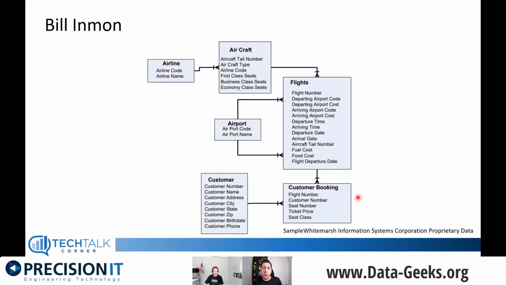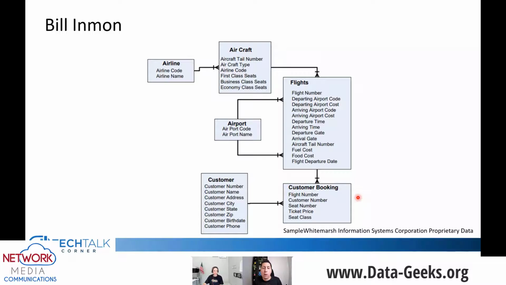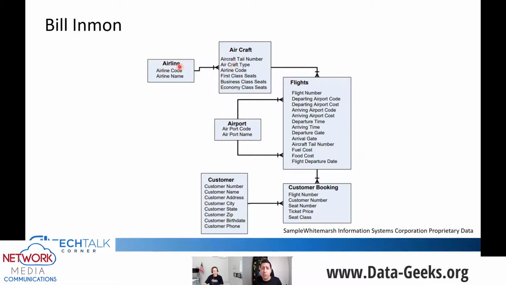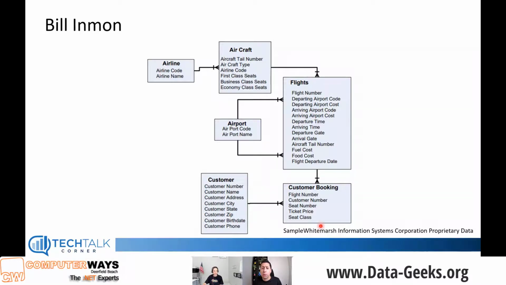And if we need to answer a question like, can you tell me how many bookings we have per airline for tomorrow, right? And how many we have of them? You can see that to answer that question, we need to pick up the bookings. We might not need the customer information, but let's say we need to pick up the bookings, the flights, then we need to pick up the aircraft. Here we have the airline codes, but we need the airline names, and we need to go to this table here, right? You can see that we need to join 4 tables to answer this question.